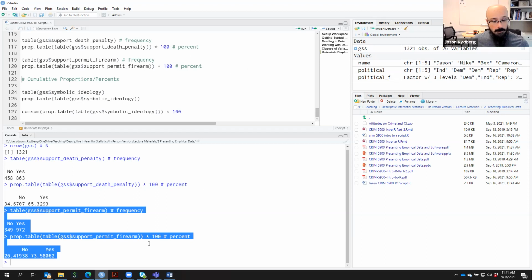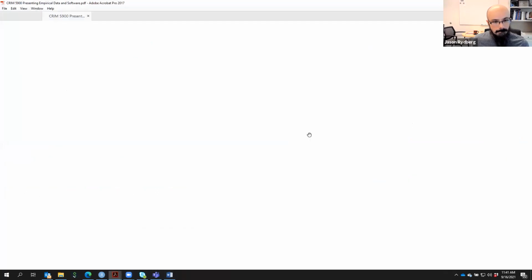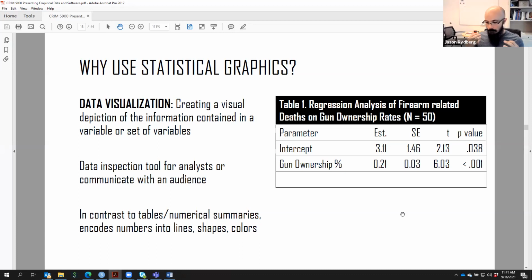Let's talk about graphical displays. So when do we want to consider using graphics? We've presented stuff in a table, and tabular presentations are useful because of how precise they are, and they can be good in a variety of different contexts. But data visualization, using figures and graphics for describing information, is useful both for communicating with audiences and for understanding more about what's happening with your data, which you might get obscured when you use